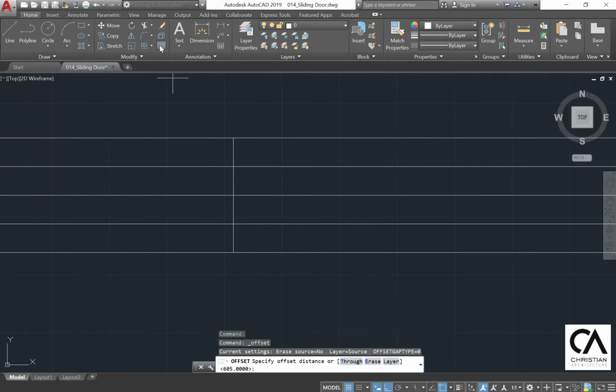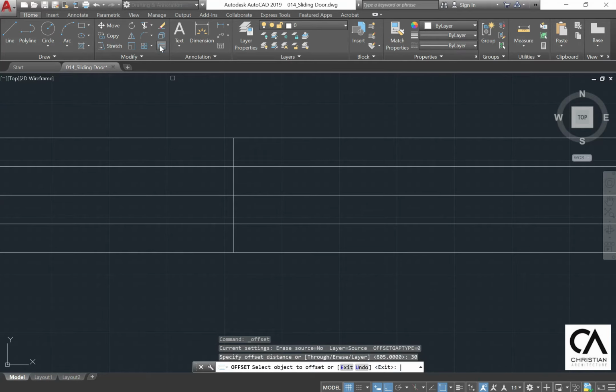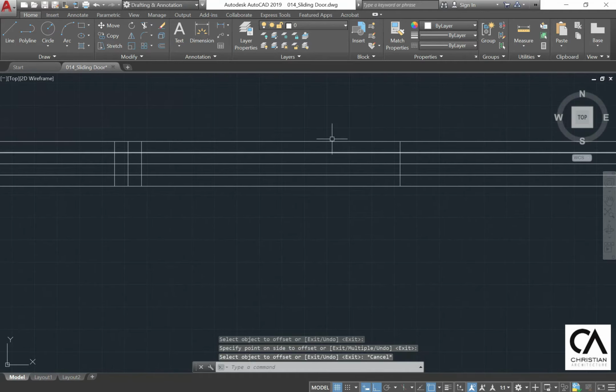And now you can go to offset again, repeat the same process, offset 6 or 5 mm, and then offset 30 mm both left and right side, and then offset again 6 or 5